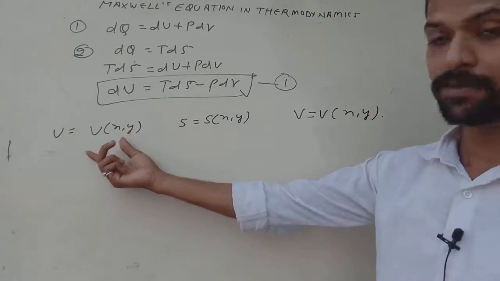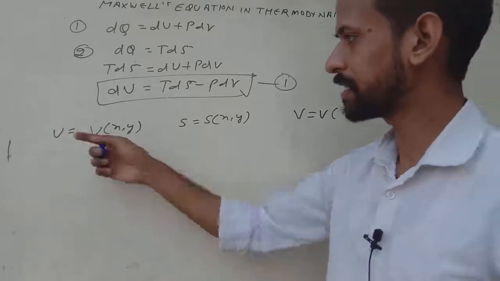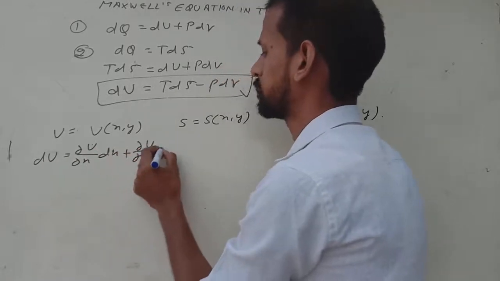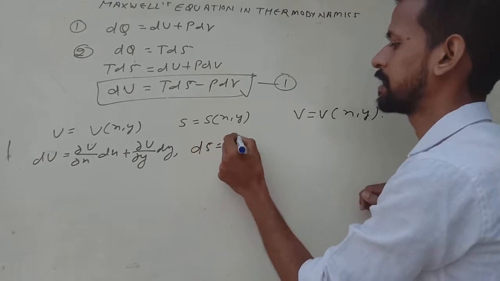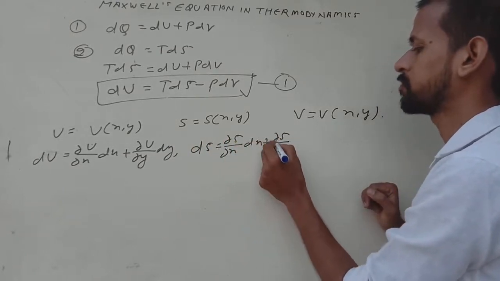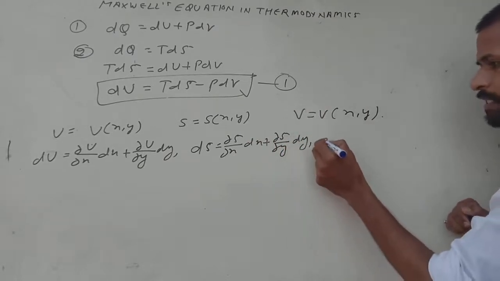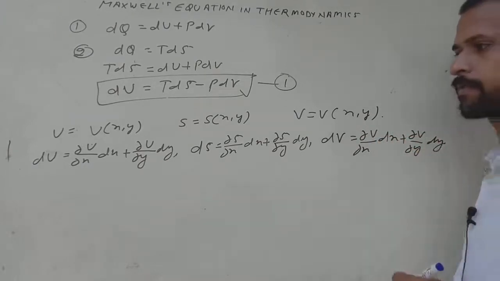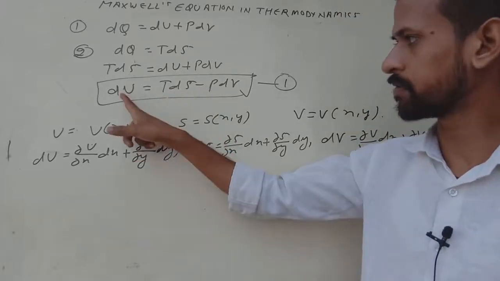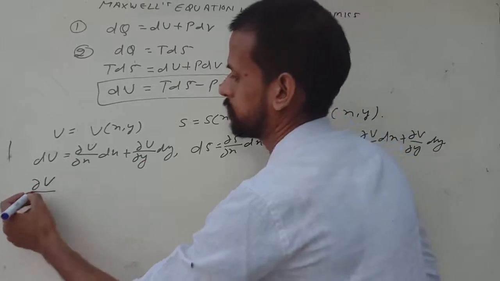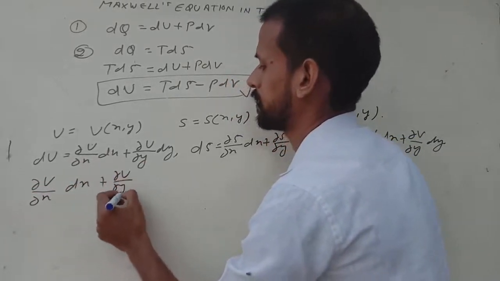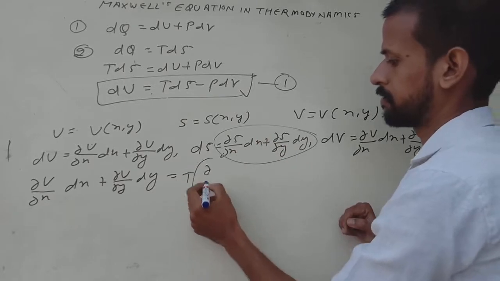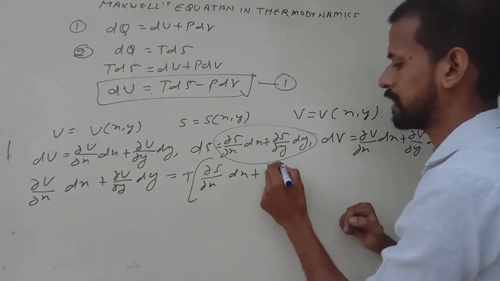If we differentiate these three quantities, we can write du is equal to del u by del x dx plus del u by del y dy, and similarly for s, ds is equal to del s by del x dx plus del s by del y dy, and for v, dv is equal to del v by del x dx plus del v by del y dy. Now we put these values in equation 1. So for du we write del u by del x dx plus del u by del y dy, and this is equal to T times ds, so del s by del x dx plus del s by del y dy,